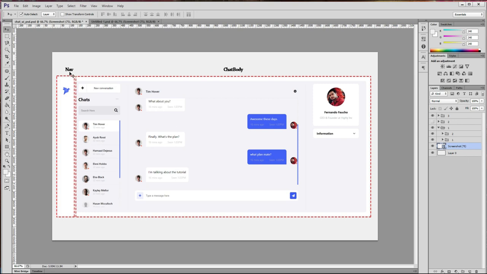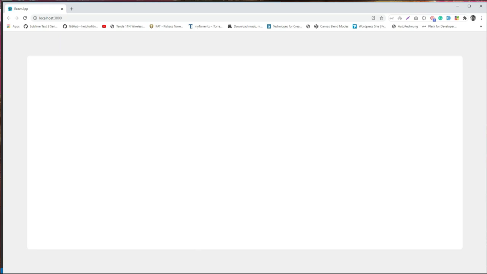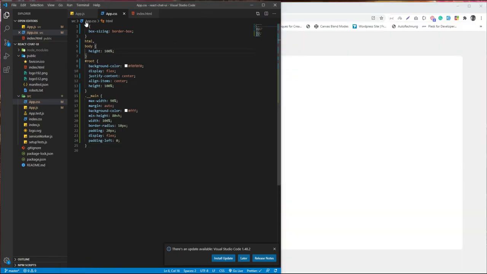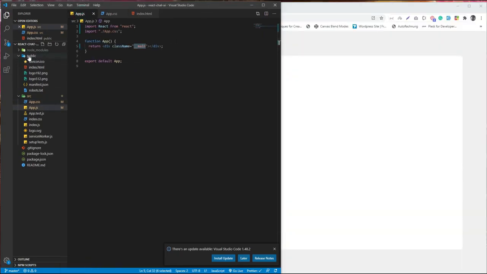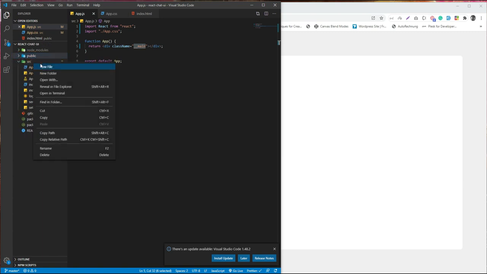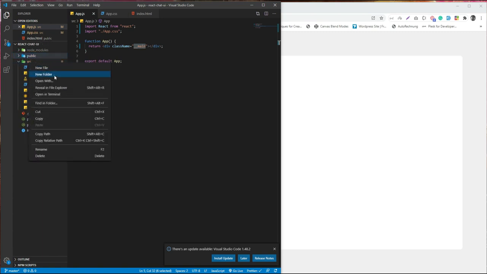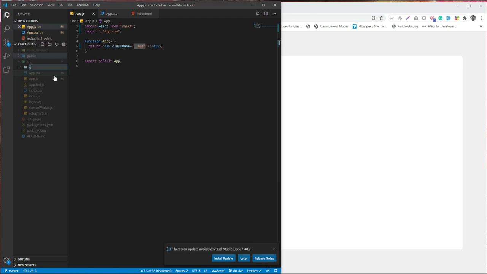Okay, so let's create these two components. To create a component, I'm just going to our code editor. In the src folder, I'm creating a new folder called components, and in the components I'm going to create folders called nav.